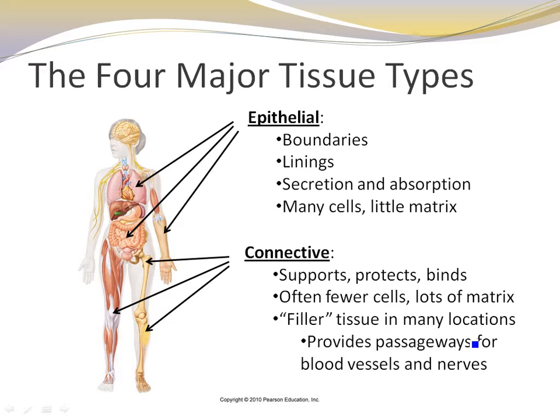Okay, the 2 types of tissues, though, you'll be learning the most about here at the beginning of Unit 2 are epithelial and connective tissues. What are epithelial tissues? Epithelial tissues tend to form very thin layers, and they're located at boundaries within the body. A good example is your skin. At the surface of your skin, you have epithelial tissue that's forming a boundary between the outside of the body